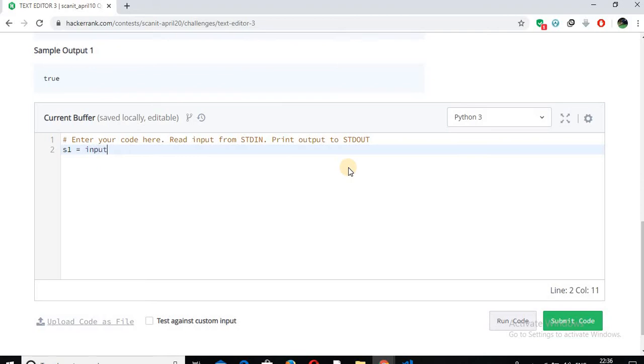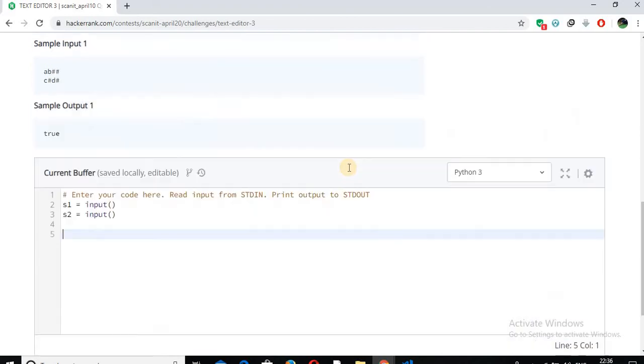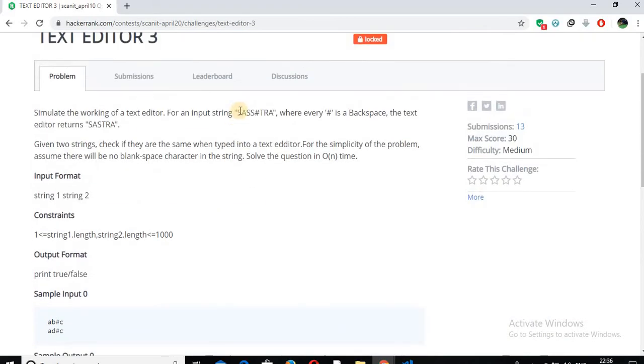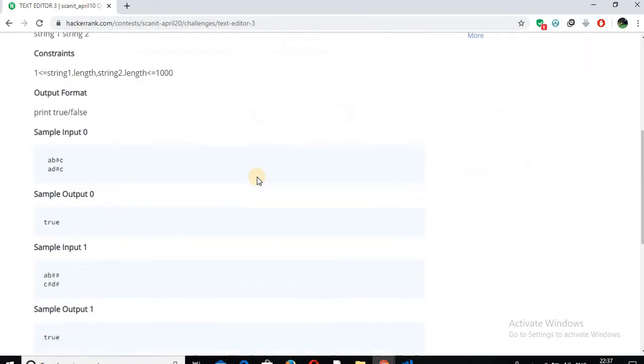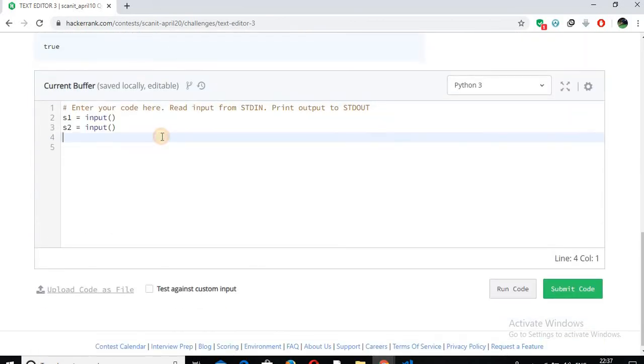It's just input. s2 is equal to input. So for both these strings, to compute this, we are going to use the stack. For every non-hash character, we just push into the stack, and for every hash character, we pop the element that is at the top of the stack. This should pretty well work,